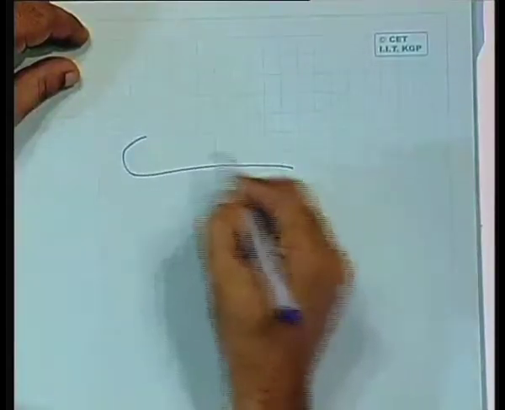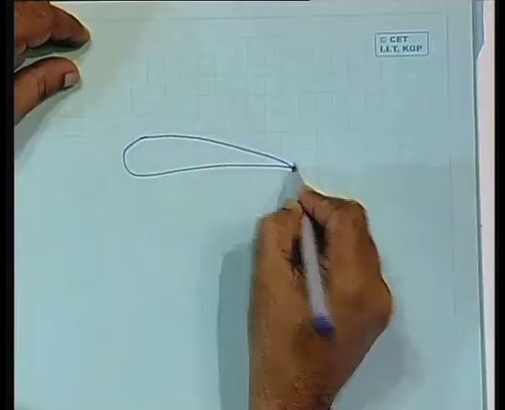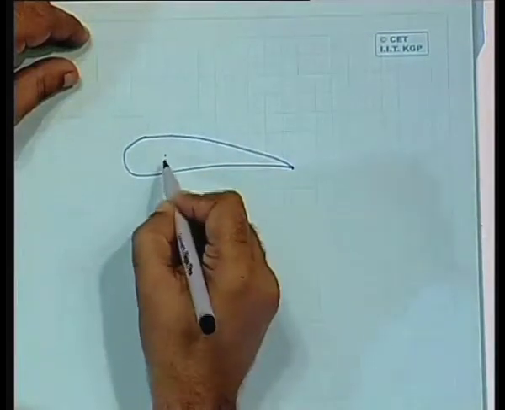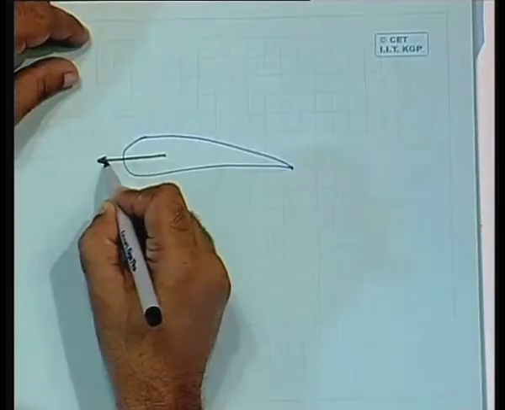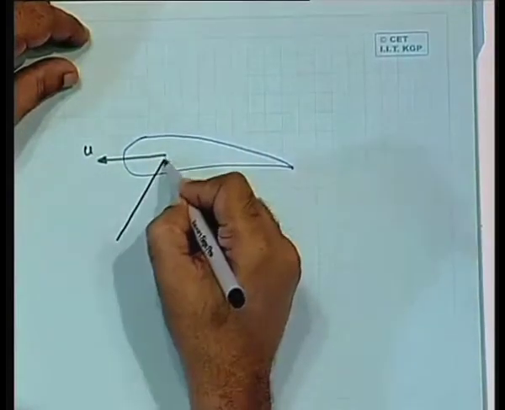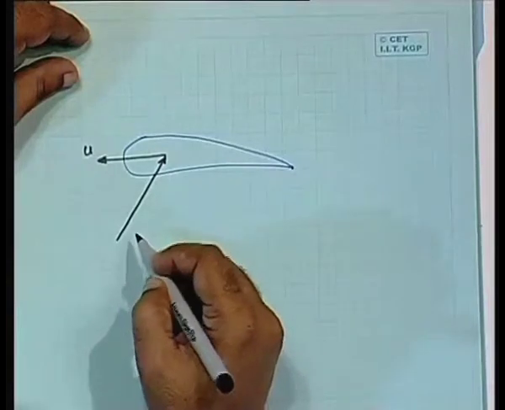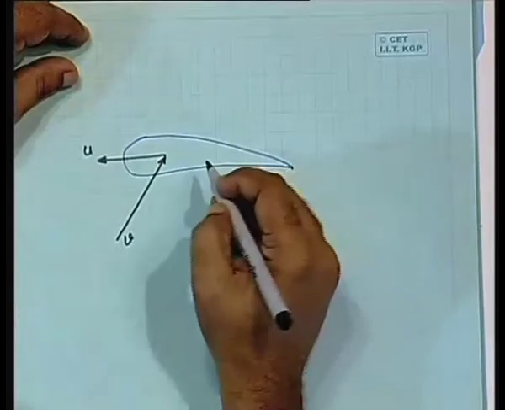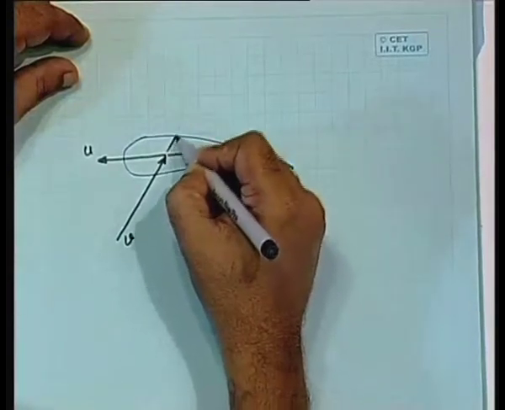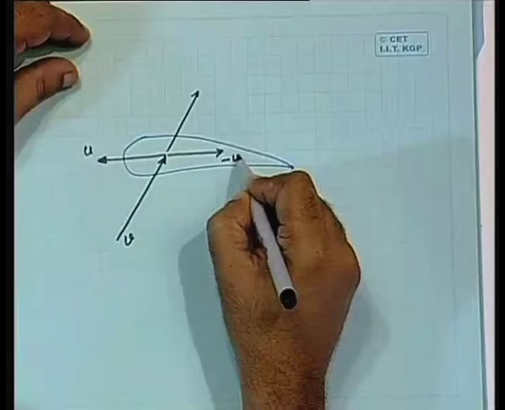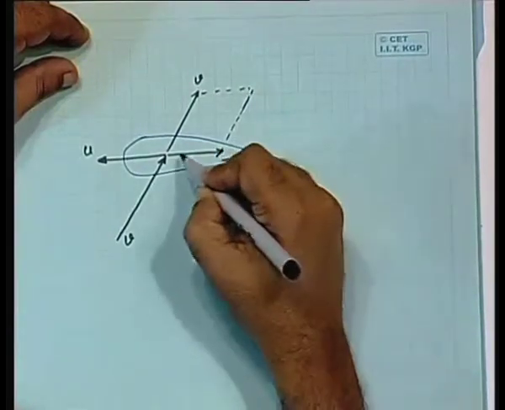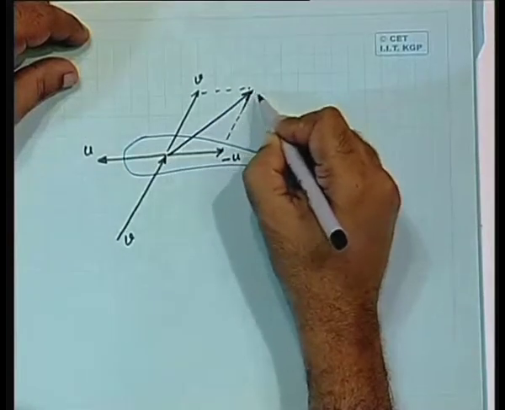You had the airfoil, and at some point we drew the direction of the motion u and the direction of the incoming airflow v, and so we obtained the parallelogram, minus u and v. Add them together, we have the vector for the relative wind w,